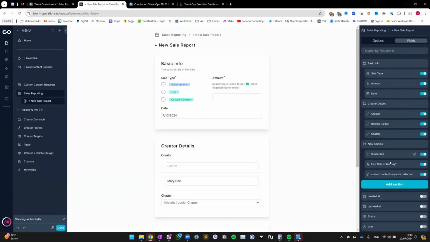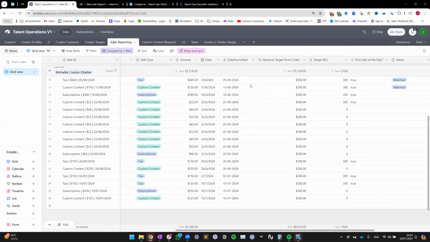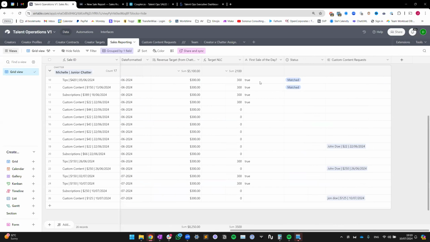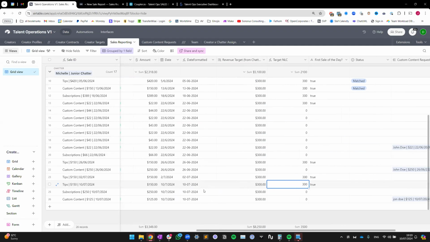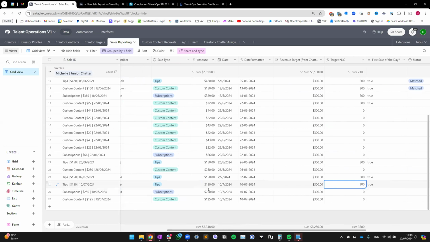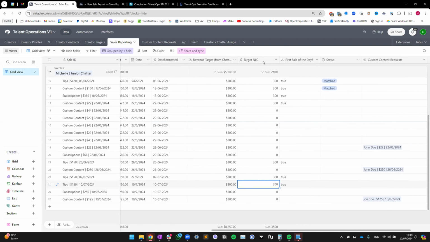There is a hidden field here: first sale of the day. That also exists in my sales reporting as a very basic text field. So it's kind of pinpointing the first sale of that day. Maybe useful for some kind of reporting, but for us, it is useful because the target NLC